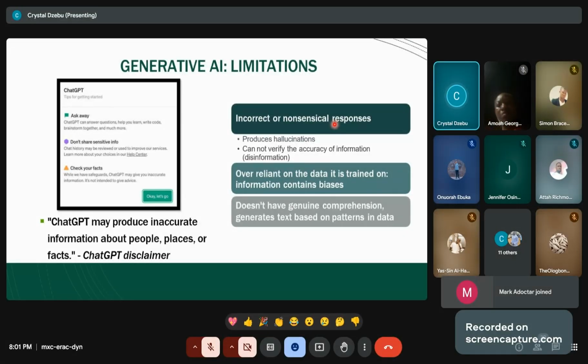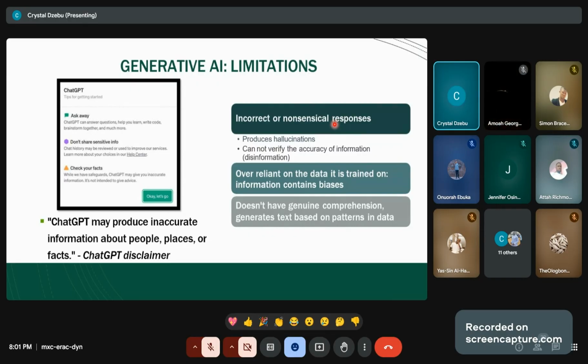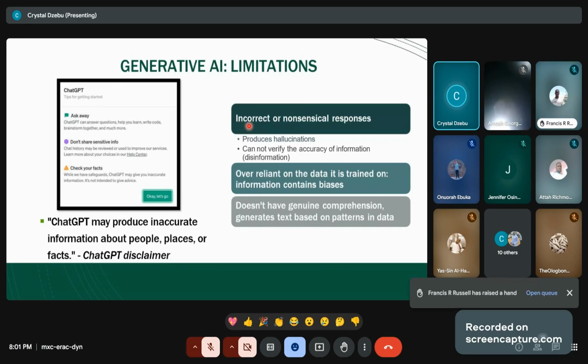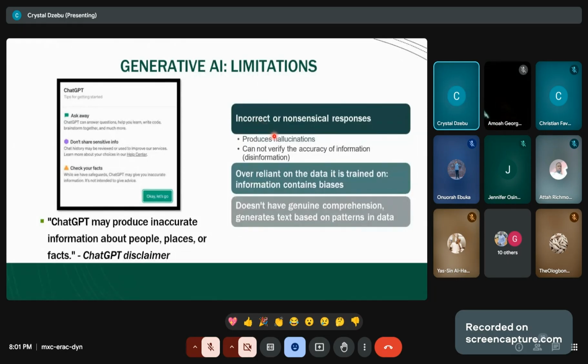Always make sure that you read through information that is given you by generative AI, because as at now, most at times, it doesn't reason. Let me say it that way. I will explain to you what we call reasoning later. It only does mostly information retrieval. As at now, most of the generative AI is not really creating anything. It is just giving you information based on the data that it has. So please always make sure that you read through information given to you by generative AI before you make any further steps.